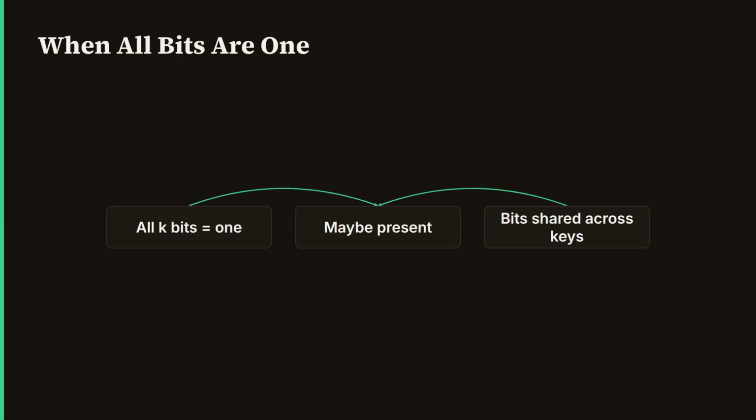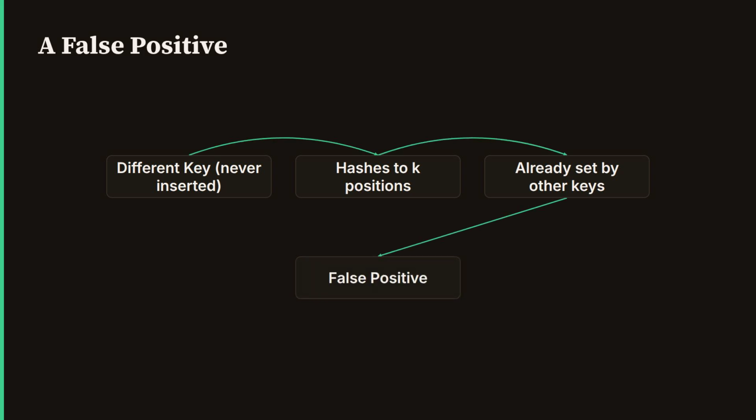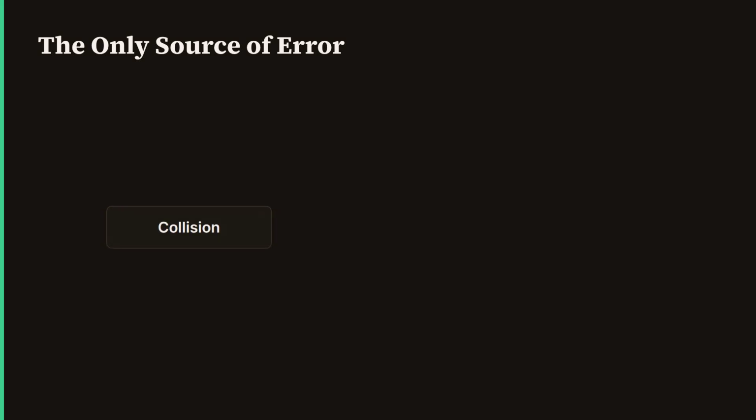But if all k bits come back as 1, you cannot conclude the key was inserted. You can only say maybe, because those bits are shared. Every key you insert is scattering its k 1s across the same m-bit array as every other key. A completely different key, one you never inserted, might happen to hash to k positions that were already set to 1 by other keys entirely. Check its bits, find all 1s, and you get a false positive, even though that specific key never went in. That collision is the one and only source of error in the whole structure, a direct consequence of sharing bit